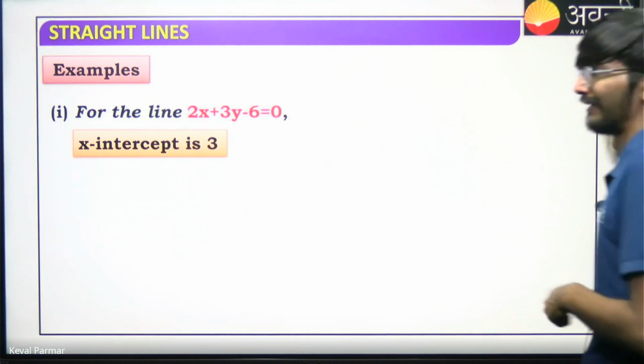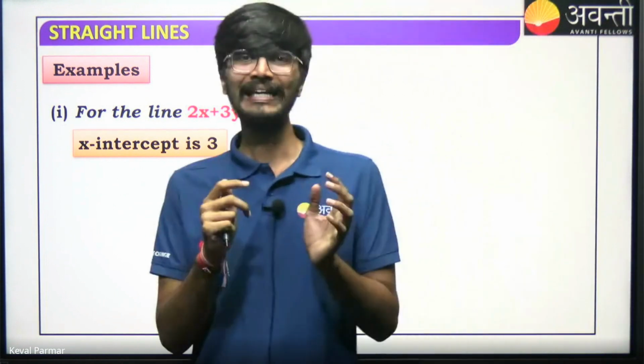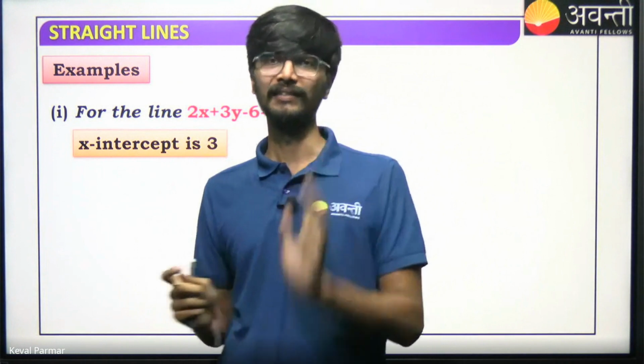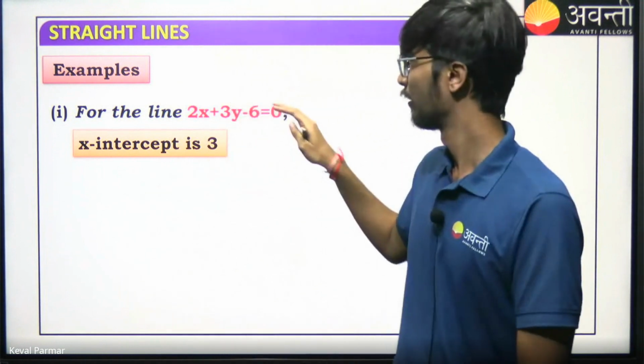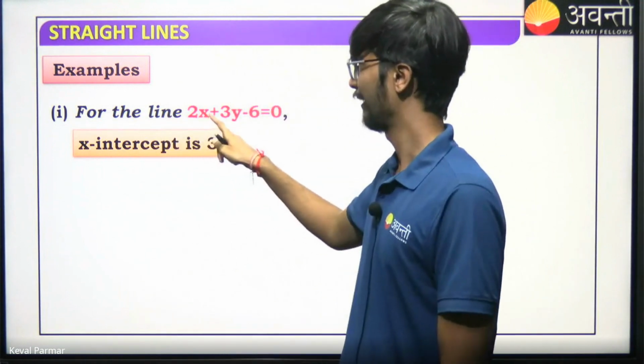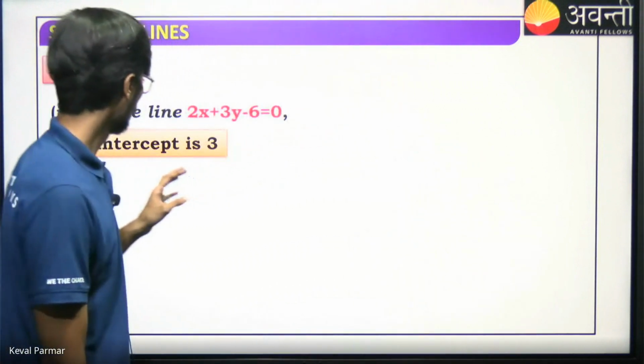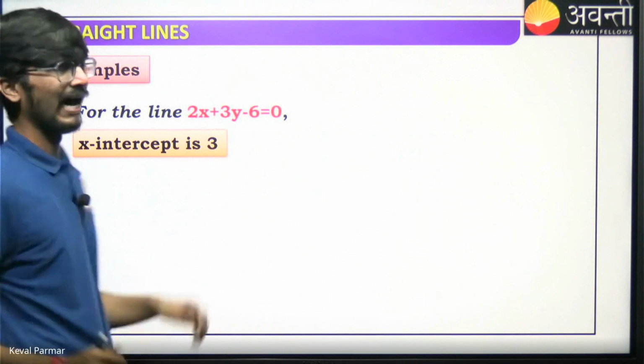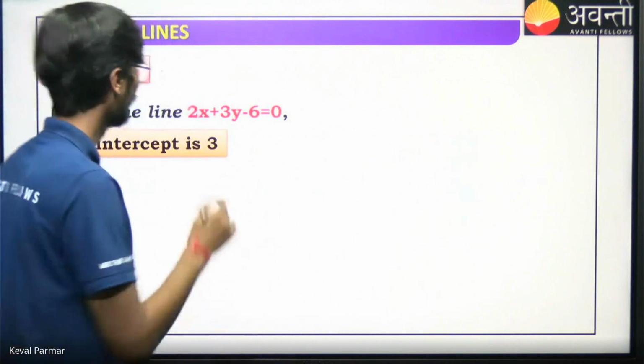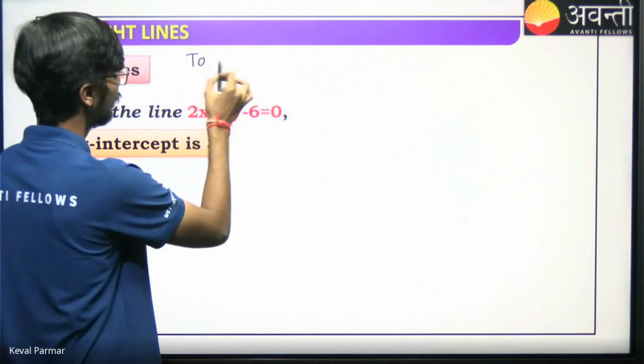Now let me tell you one interesting method to get x-intercept. So here, let's say the equation of line given is 2x plus 3y minus 6 equals to 0. How do we get the x-intercept? So let me write something here. So to find